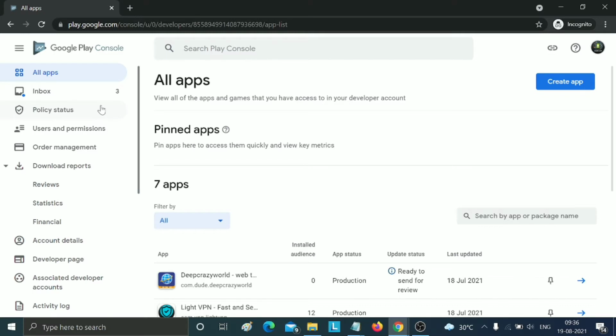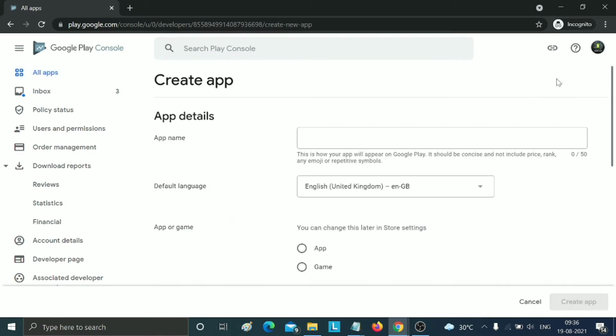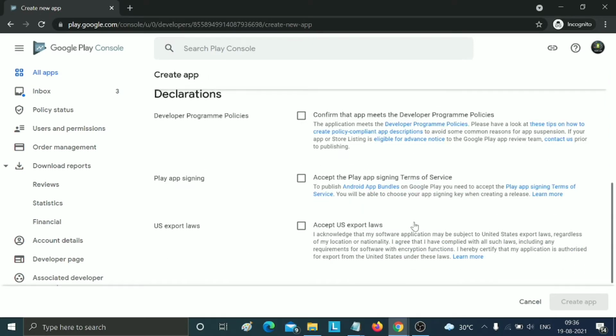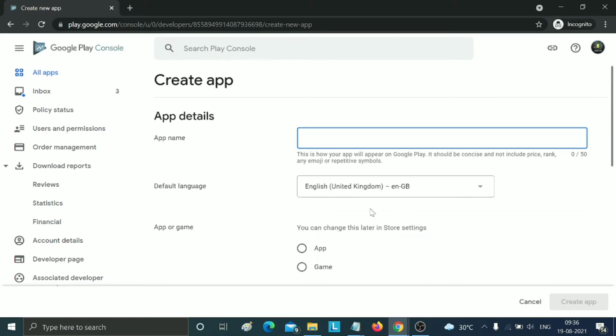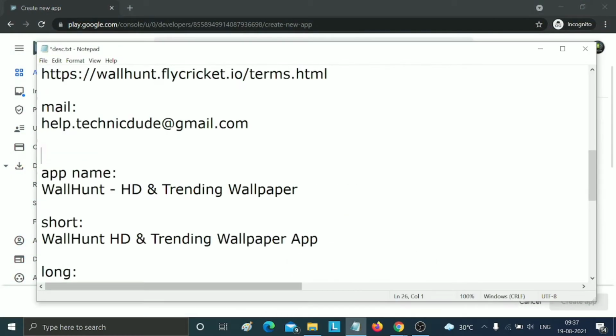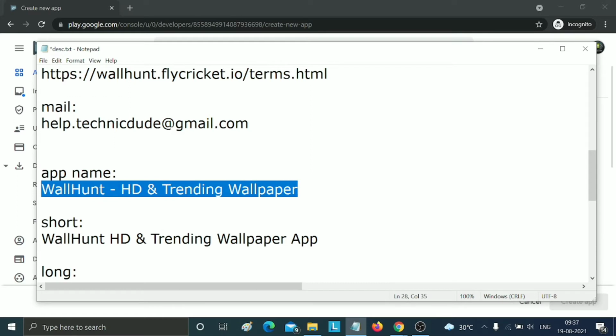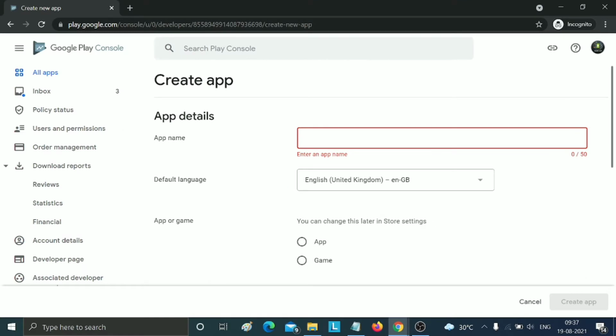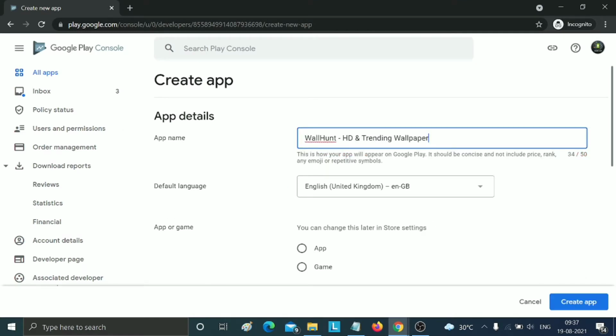If you are doing this for the first time, then you just open this Play Console account and you just need to pay $25 the first time. Okay, so first we need to create an application. Now you need to add all your information here. So first of all you just need to add the app name here. So I just copy my application name, and you need a short description, long description, mail ID, screenshot, and many more. I will discuss all.